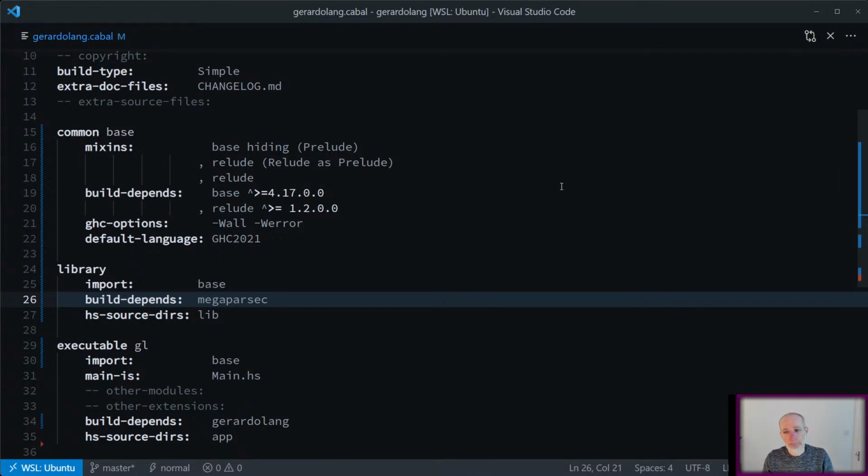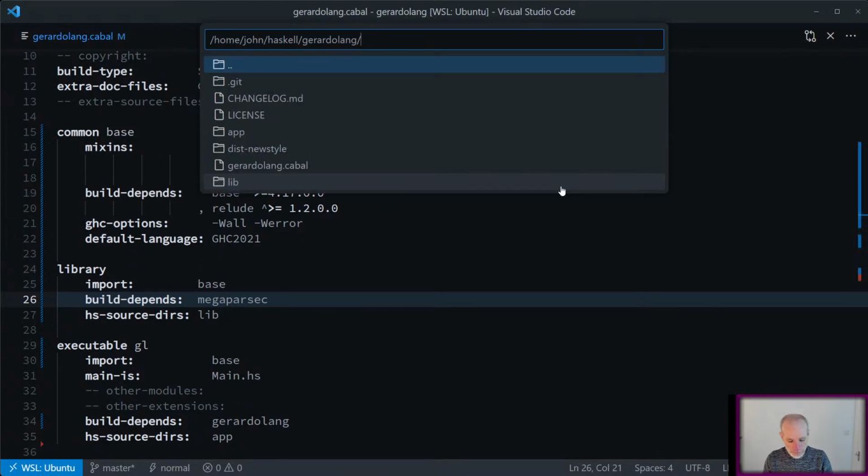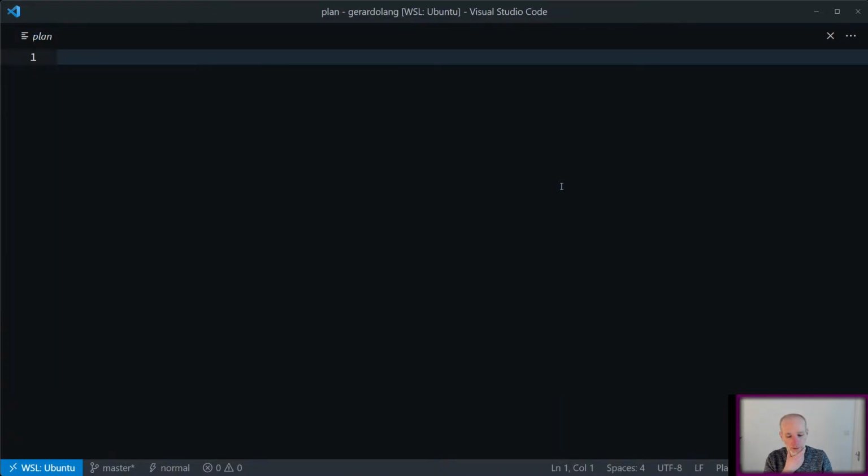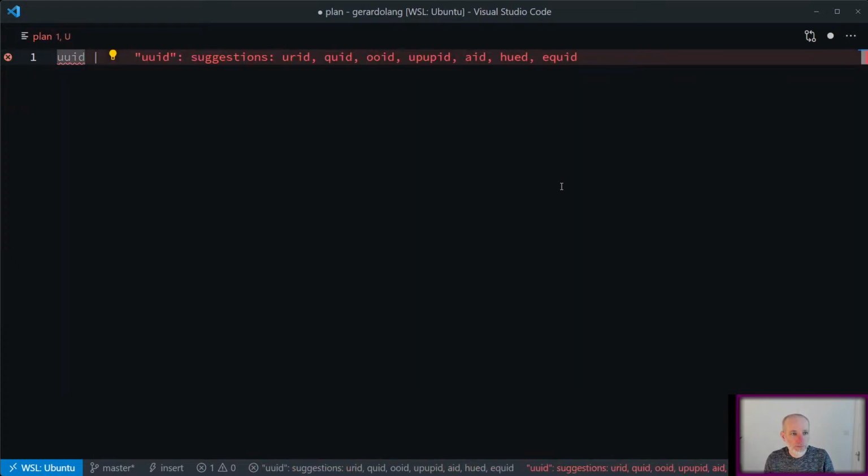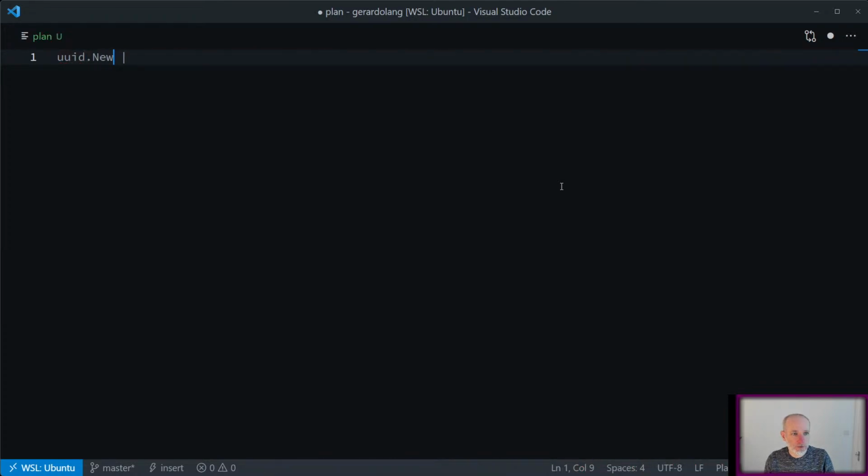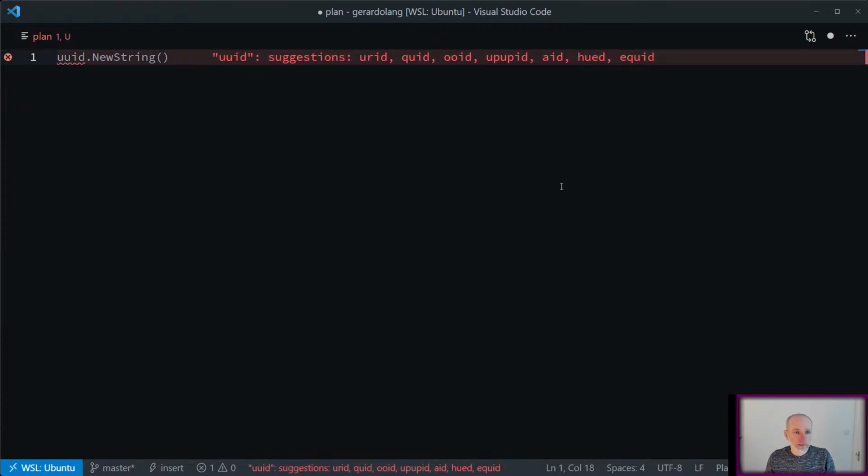So what am I doing? Graphical plan, as always. So this is the idea from Gerardo. This is about generating some test data, or just some data, I guess, in general. And a simple example of this is you start with UUID. Right, this was written in Go, so it was really something like UUID.NewString, and then,